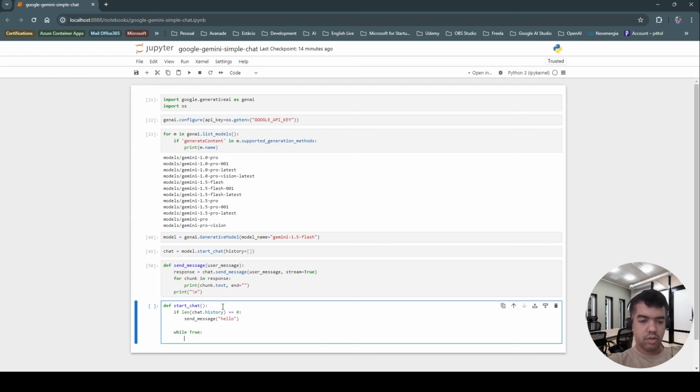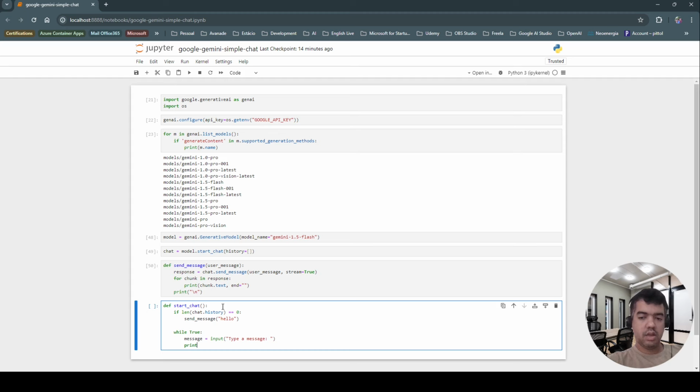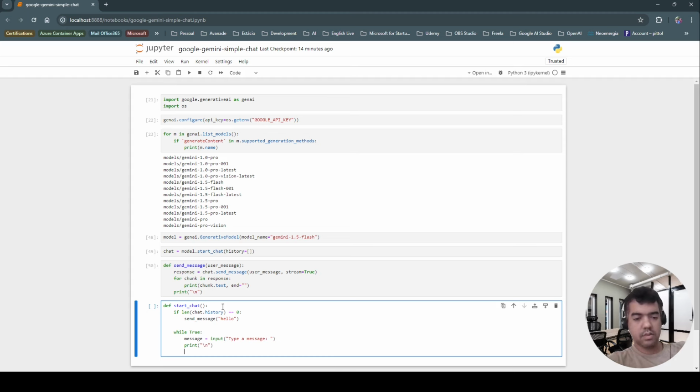While True, message equals input, type a message, and print a break line. Call the send message function, sending the message typed by the user.